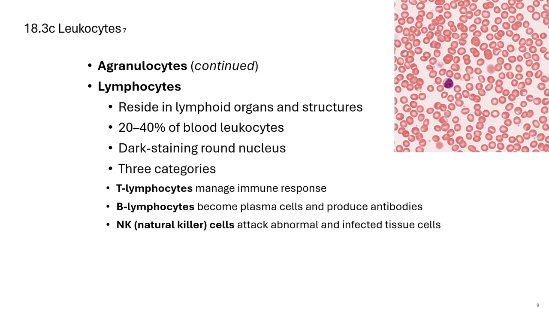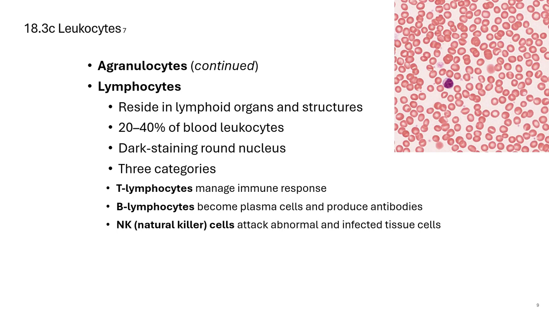And then you have different types of lymphocytes. The two primary ones that we'll discuss in this course, and we'll get to it in a later lecture, are T cells and B cells, right? T lymphocytes and B lymphocytes. For T lymphocytes, the T stands for the thymus, the little gland that sits on the ventral surface of the heart. This is where the T cells go to mature. So they're made in the red bone marrow, and they go to the thymus to mature. B cells, think of this as standing for bone marrow, right? So these are made in the red bone marrow, and they stay in the red bone marrow